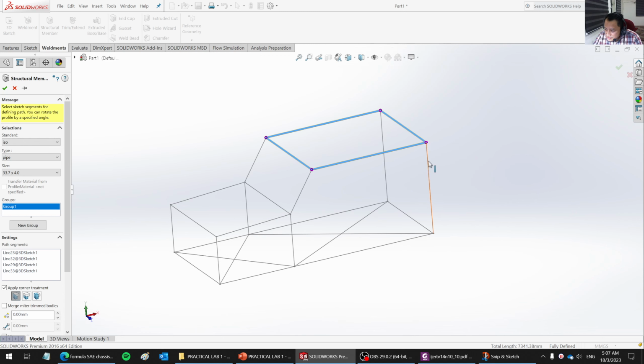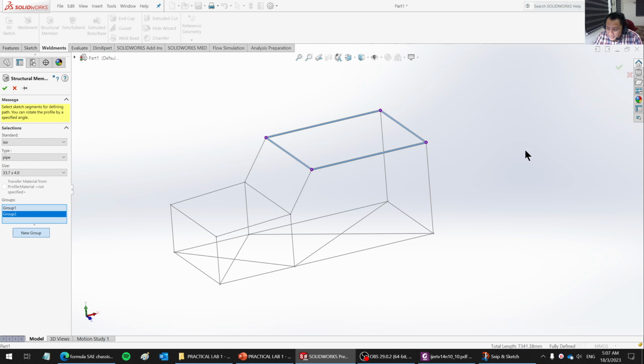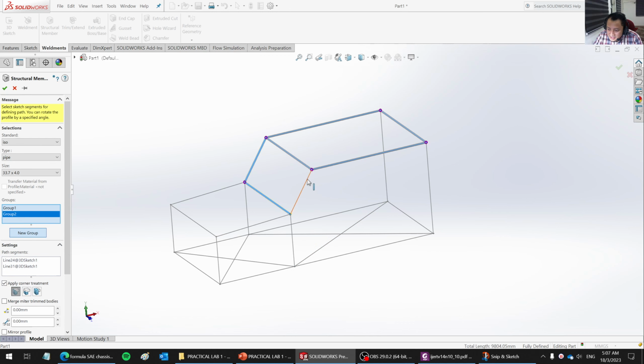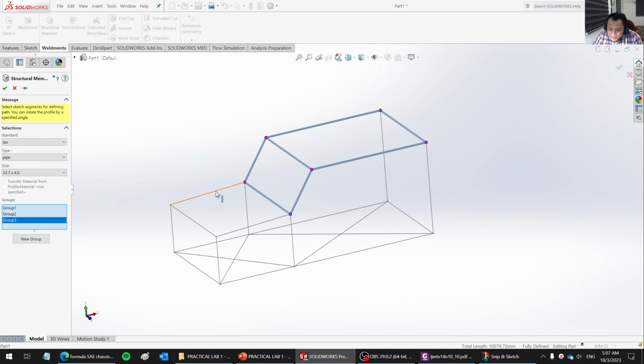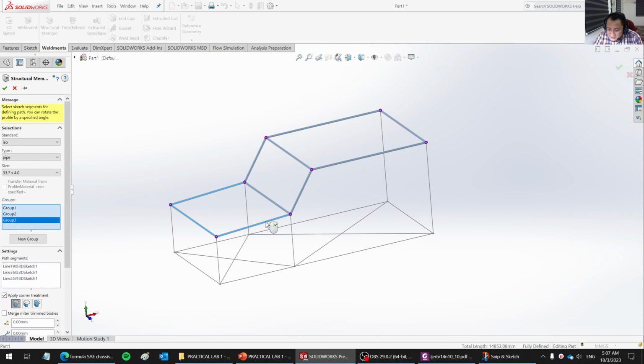If I choose this one, I don't think I can do that. So I can't go any further unless I click new group. So the other group will be, I want to weld here, here and here. And then if I click again, I don't think I can. I need to click a new group. New group here, welding. It has to be some sort of closed profile. And then new group,